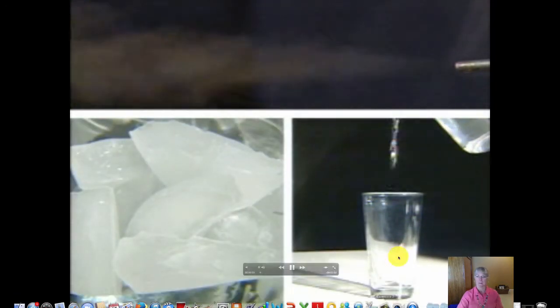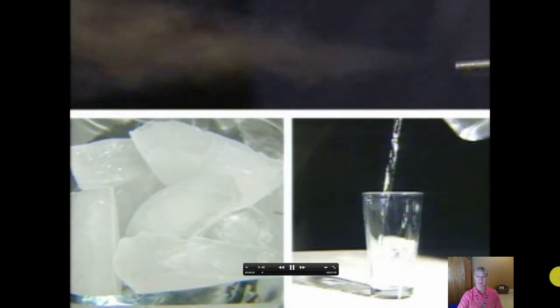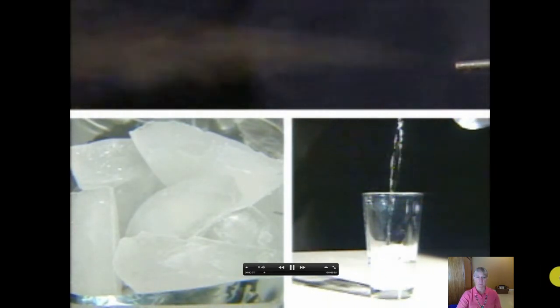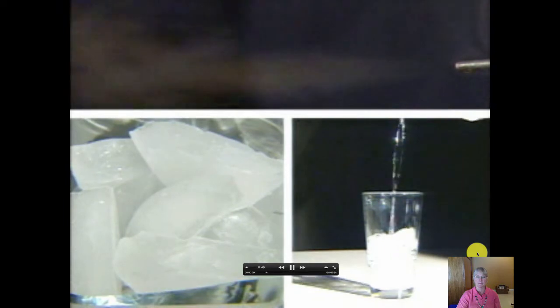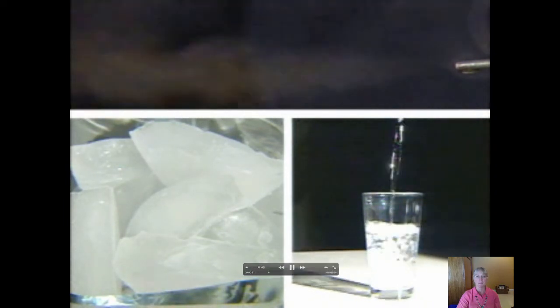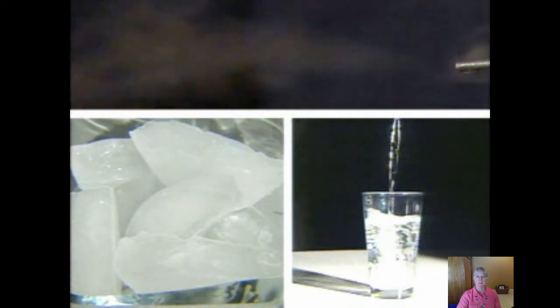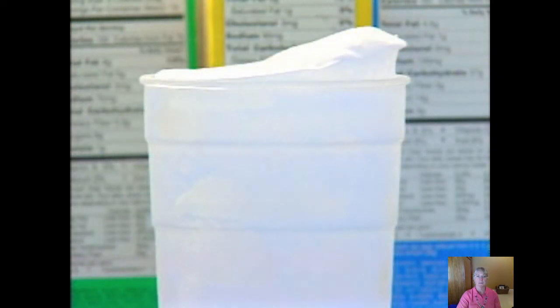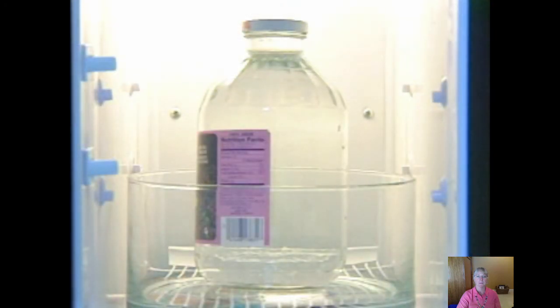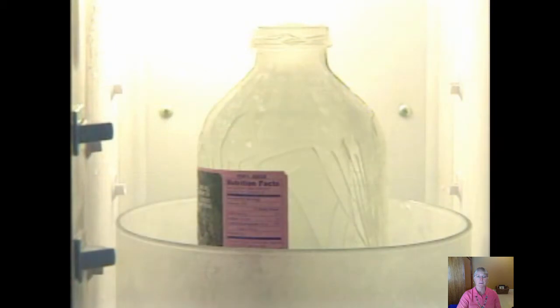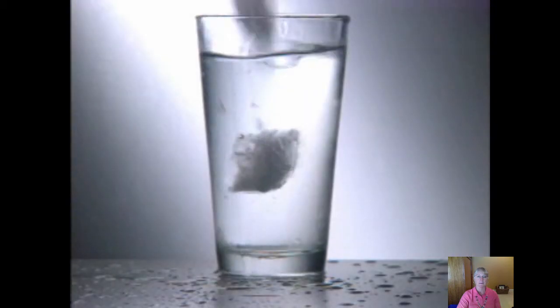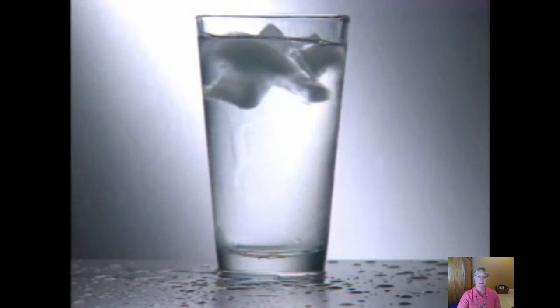Water is surprising stuff. The most common of compounds, water can be found in nature as a solid, a liquid, or a gas. Sometimes all three states exist at the same time. One of the surprises of water is that it expands when it freezes, making it less dense than liquid water.